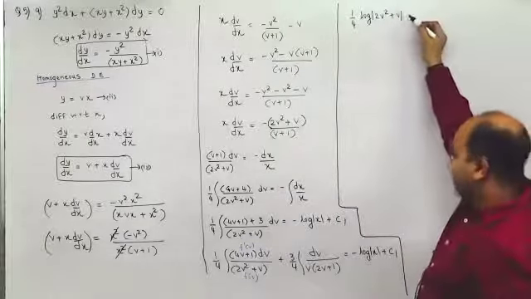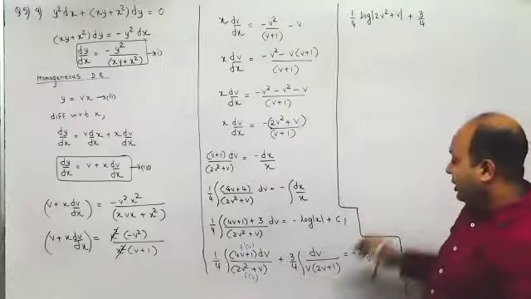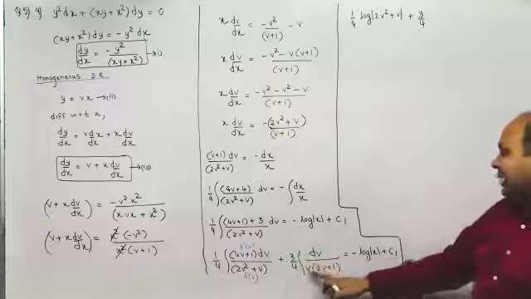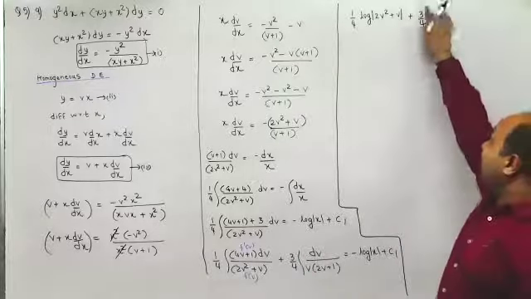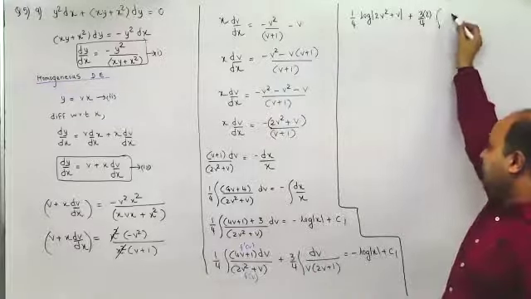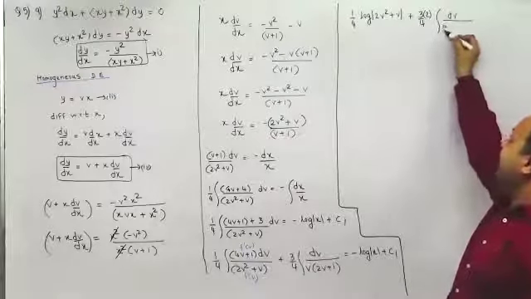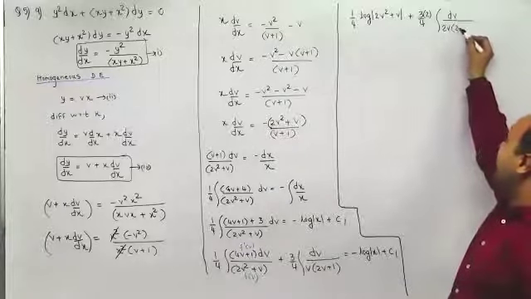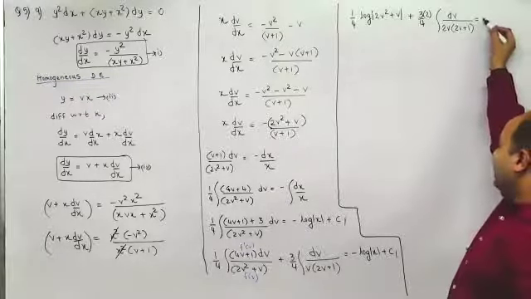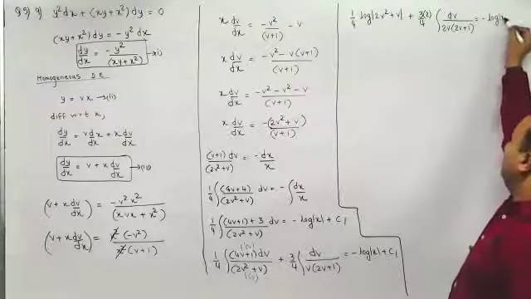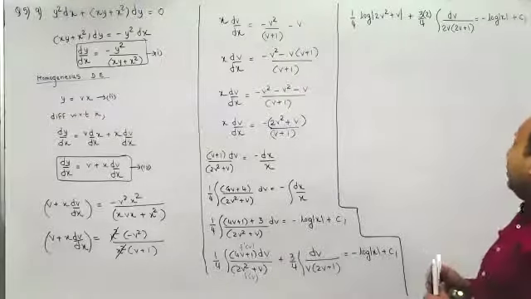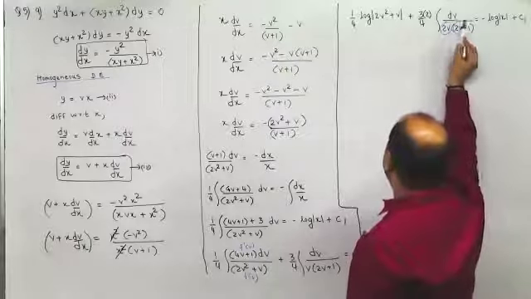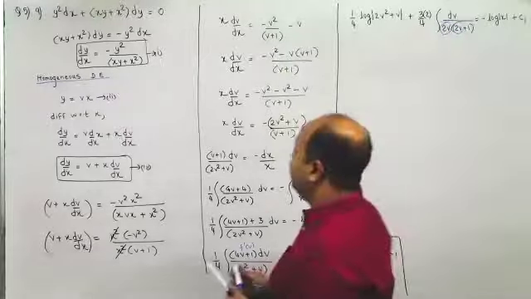Then here I write this as 3 by 4. If you observe here, the powers are the same. So first I'll multiply with 2 and get 2v over here. So I'll write here 3 into 2, so that I have dv upon 2v into 2v plus 1, and this is minus log x plus c1. Now if you observe, this and this have the same power. When they have the same power, I'll split the numerator in terms of the denominator.